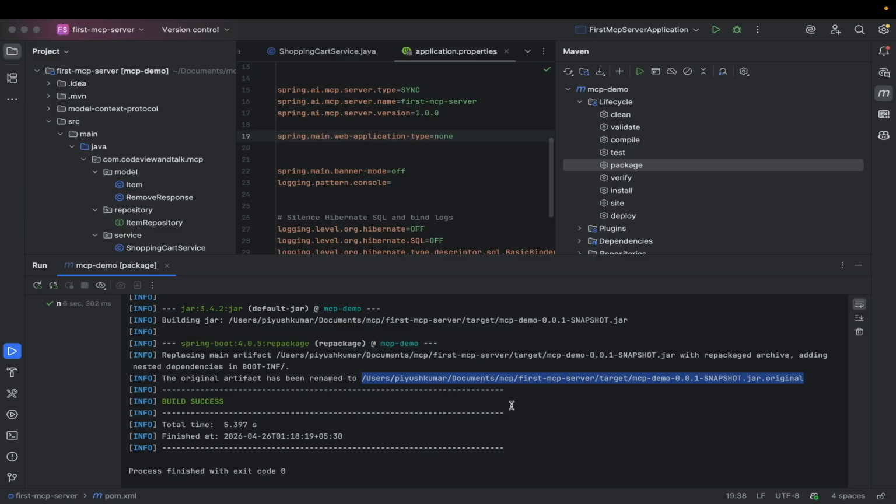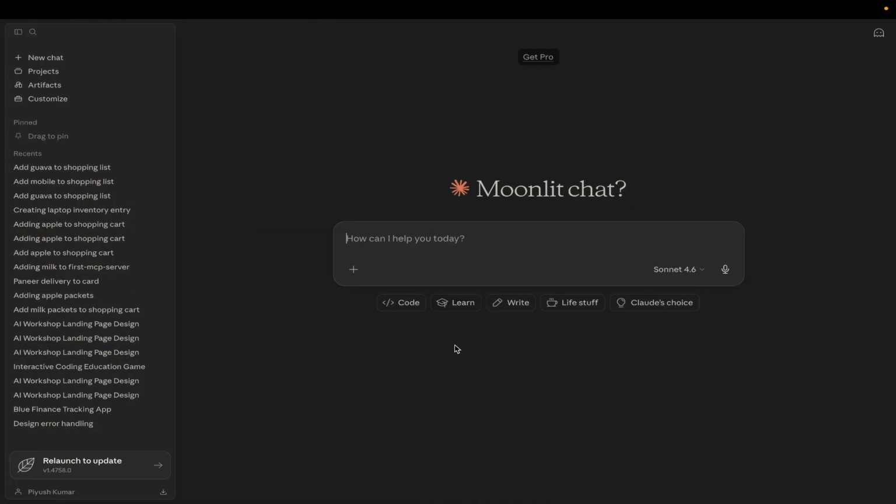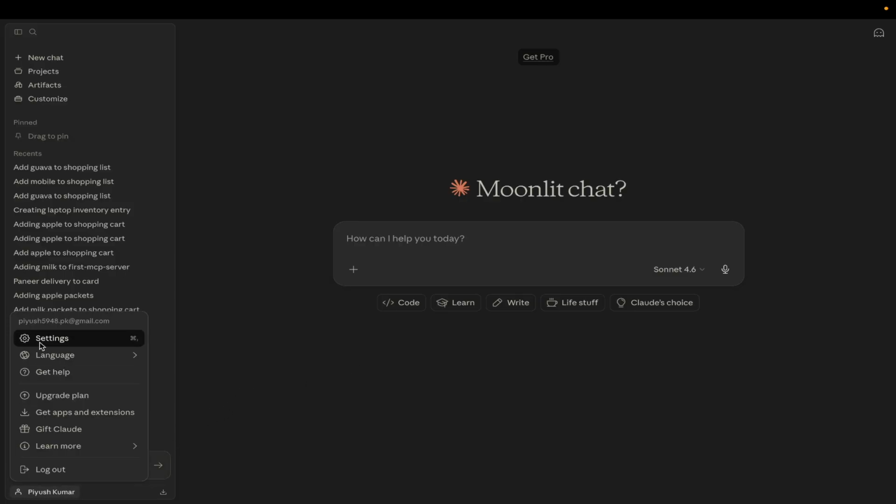Now I will tell you how this MCP server is going to connect with the MCP client. The MCP client which I am using is Claude Desktop. Here I will tell you what configuration we need to do in order to make the connection from MCP server to MCP client. The step needed in order to connect with the MCP server is, you have to go to settings,